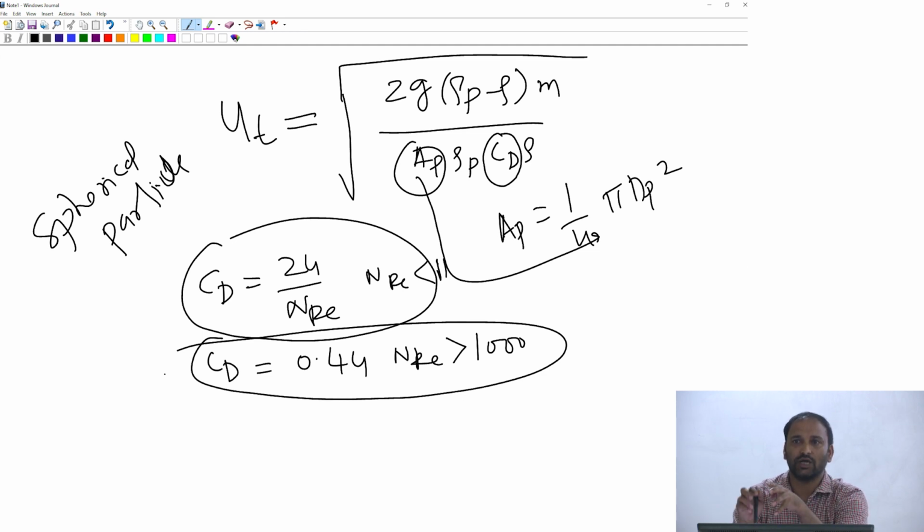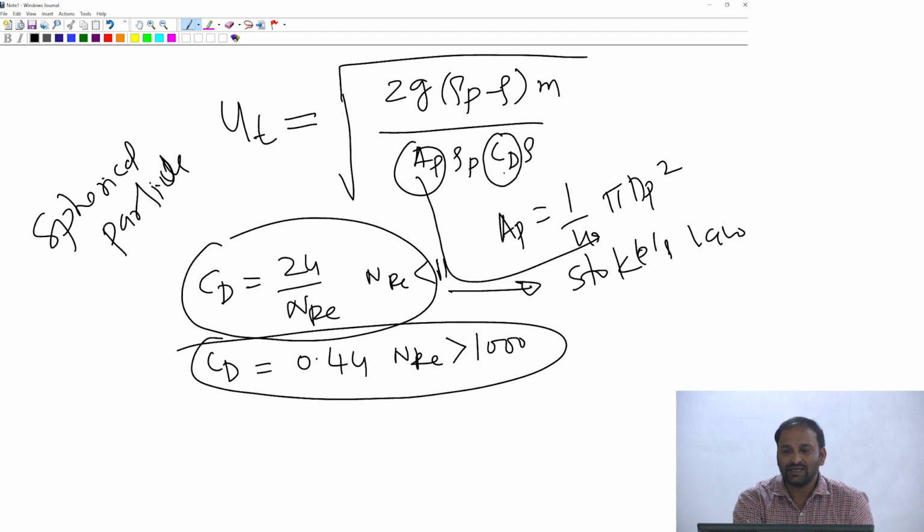If somebody is working with other types of particles, or other geometry of particles, you would have to think about using an appropriate CD versus Reynolds number plot. Now that we have done that, let's think about case 1, where the Reynolds number is small and your CD is 24 by Reynolds number, which is what is called the Stokes law regime. Can you substitute for AP and CD and get me an expression for the settling velocity or